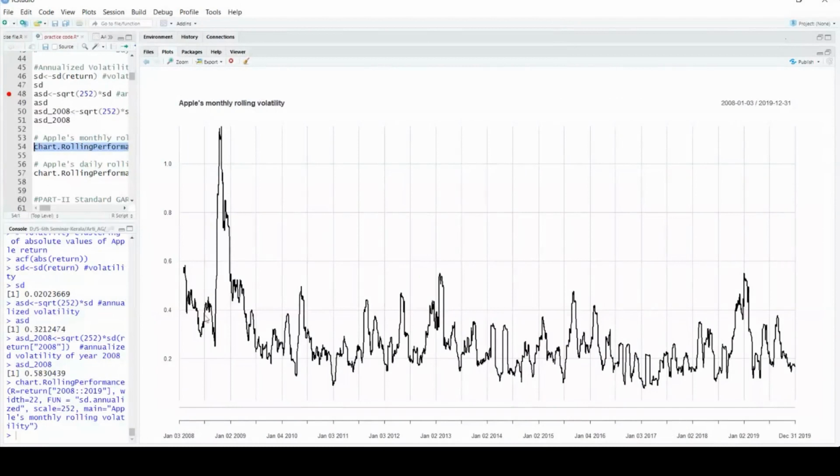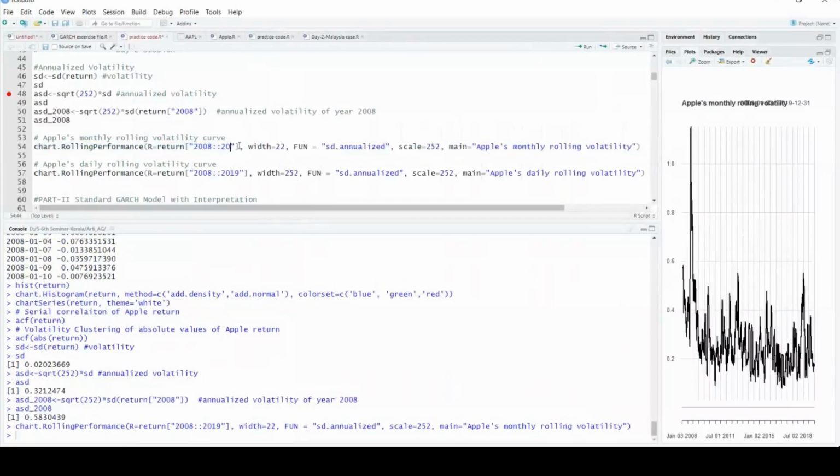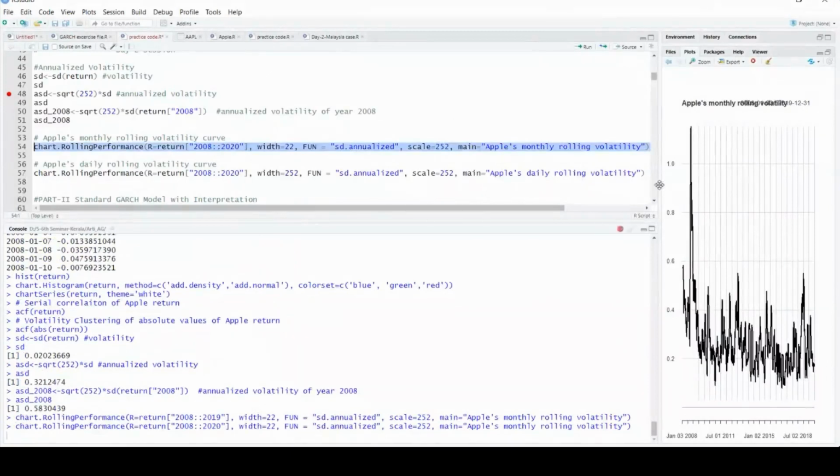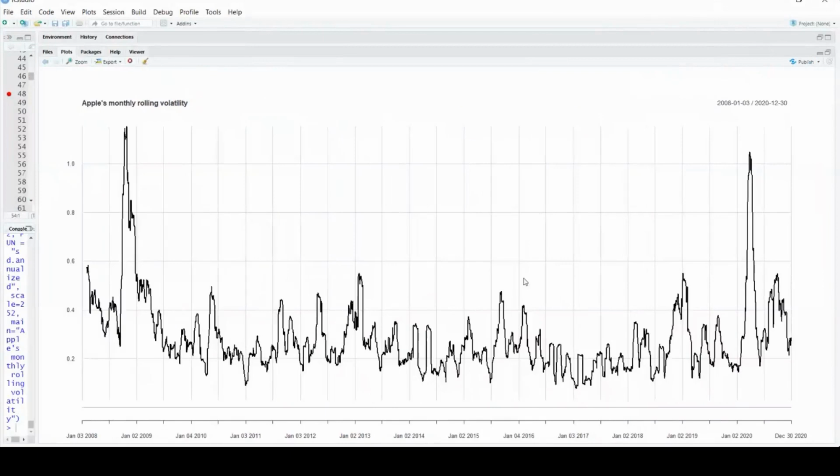And here in 2019, okay, so I plotted till 2019. Just wait, let me redefine it, make it 2020. Yeah, let me plot it again, because we have the data till 2020. Now you can see it here. I think it is visually clear that near 2008, 2009 we have a very high jump in the volatility, whereas in 2020, January till December, you again got a peak. So as you can see, everything is mapping together, right?